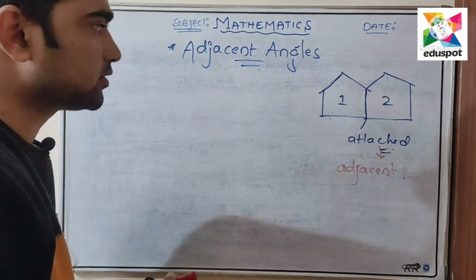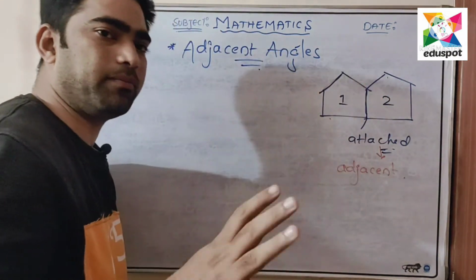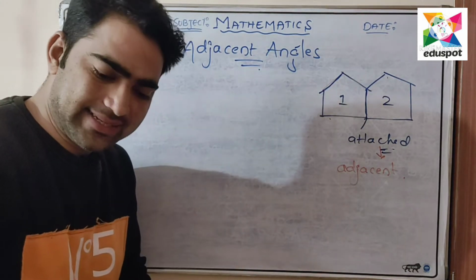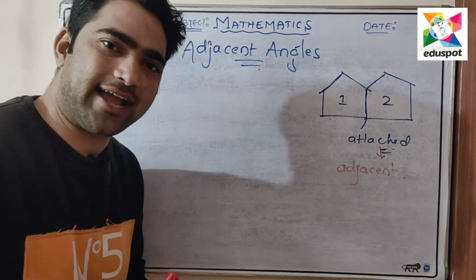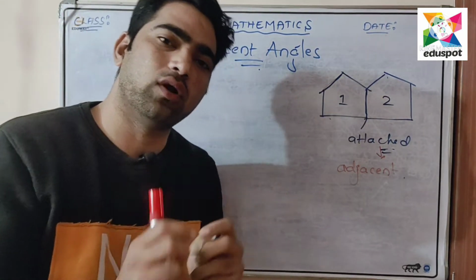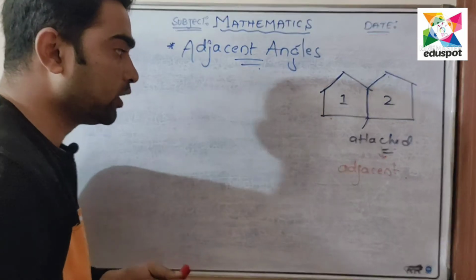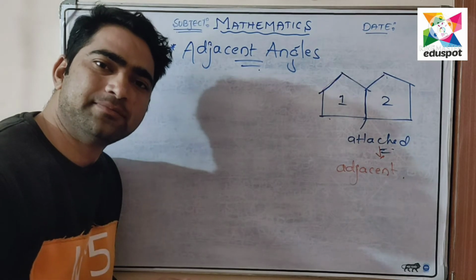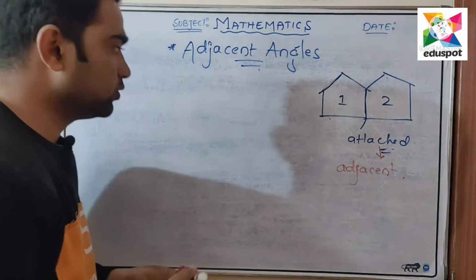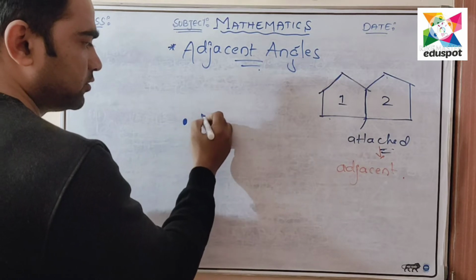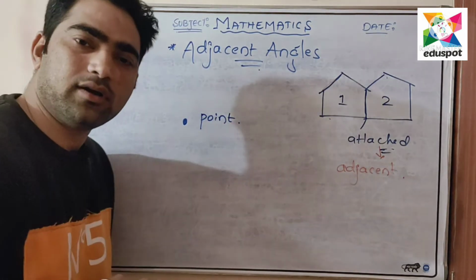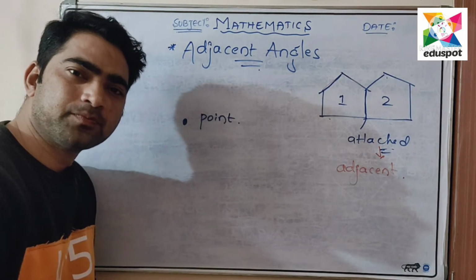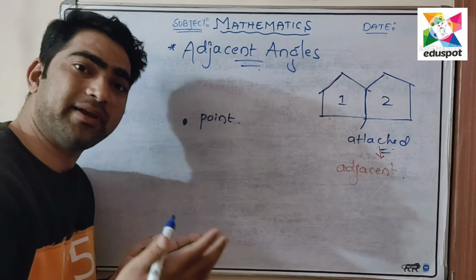So dear students, you need to keep this concept in your mind. I will explain about the adjacent angle. Before I start to explain, we will recall the basic concepts. Can you tell me which is the smallest shape in geometry? Yes, very good. So point, right? Fine then. Can you tell me the parts of a line? Yes, you may say the line segment and the ray.